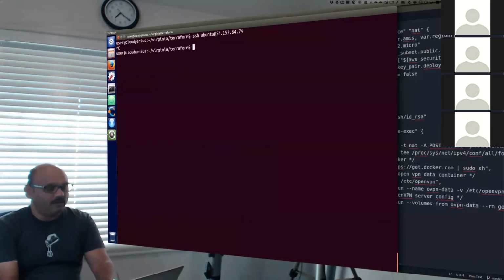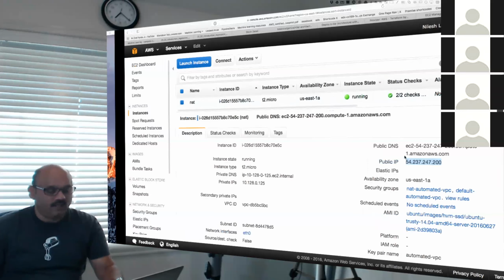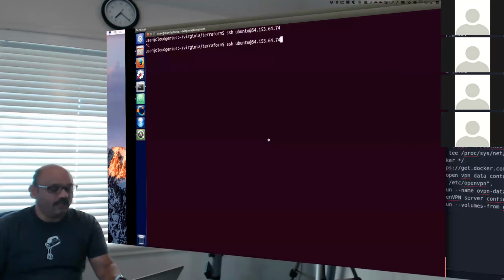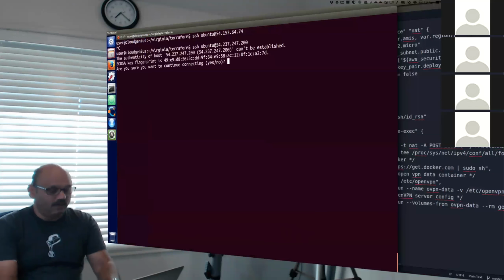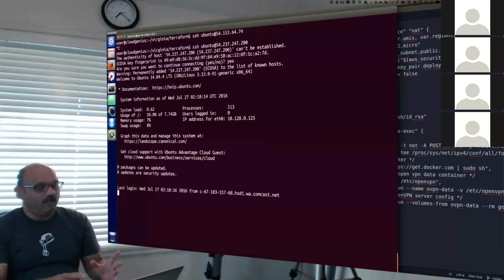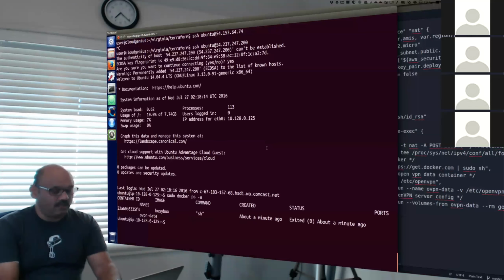Oh, wrong IP address. Copy again correctly. Public IP is this, so let's copy that carefully. Back in here, IP address should be this one, and then go connect. It should allow us to connect, no problem. And we are connected. Now we should go do sudo and then say docker ps -a. We should see that there is a container created for us.